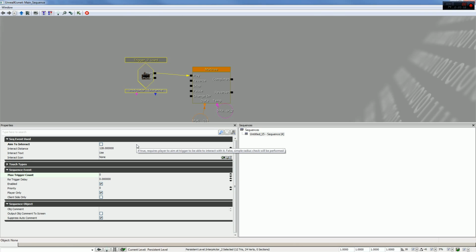The aim to interact is usually best if you're going to have the trigger area be a smaller section. So basically like a light switch, because you're going to walk up right next to the light switch. You have the trigger volume be large enough that the player is just within, because they don't have to be fully inside. As long as they're close enough, as long as just a little part of them is inside, it'll